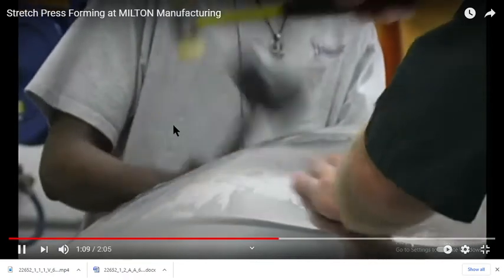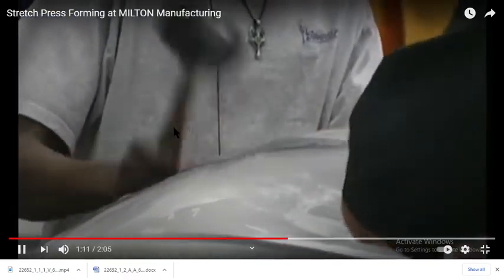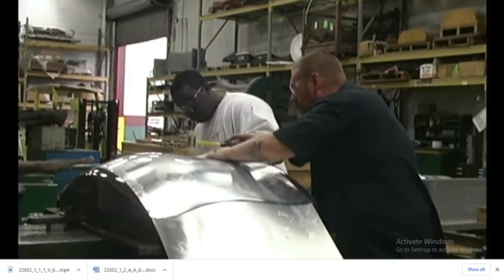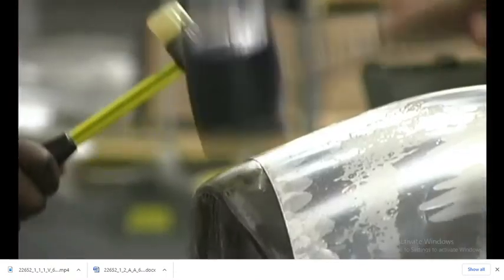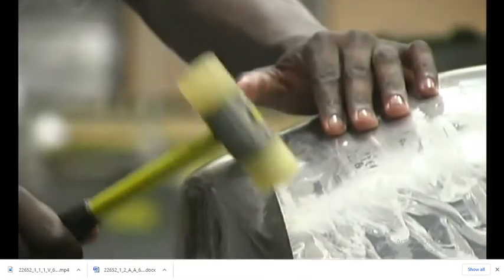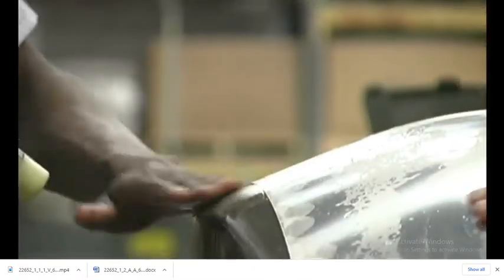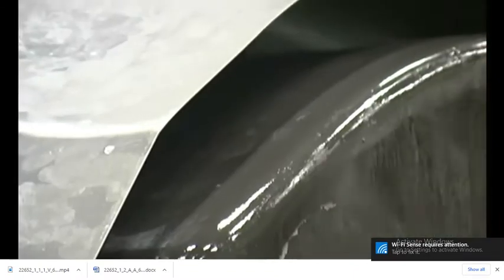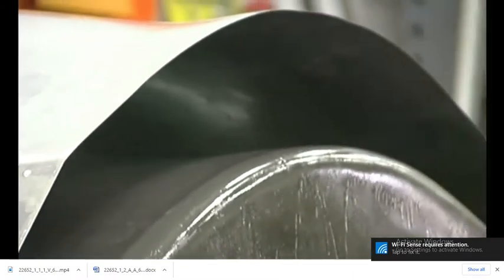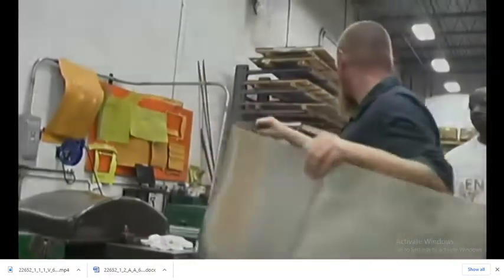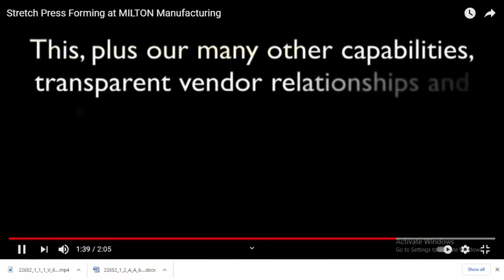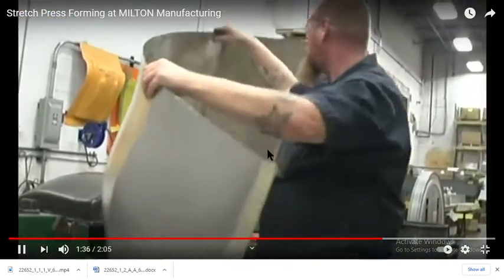After this there are some manual processes. They are melting this to get more correct or more proper shapes. It is the extra process for more accuracy. This is not part of stretch forming. Now they are going to remove this ram, and we get the final product like this. You can see on your screen, this is the final product.